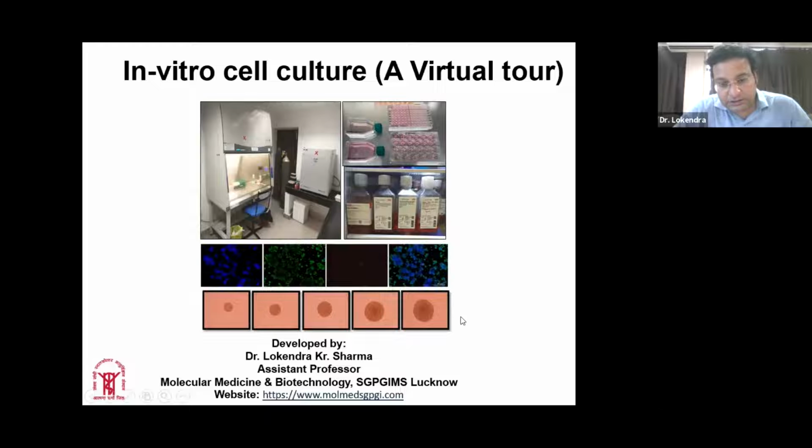This is another example which is very close to the three-dimensional structure, or more close to the tissue-type structure, and these are the three-dimensional cultures. And so overall, I will be giving you a brief idea how a normal biomedical research laboratory performs its cell culture as a model, and then what the applications are. And at the end of the slides, we will go for a virtual tour in which I will just give you a brief idea how research people are working in the lab.